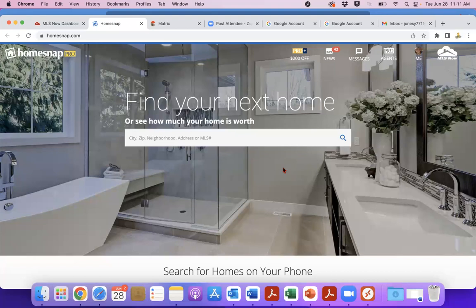And they don't sell any ad space or sell any listings out from under you. So if it's your listing, it's going to be your listing. You can connect clients in here so that when you send a listing to a client, you show up as the agent to contact. One of the really nice things about HomeSnap is